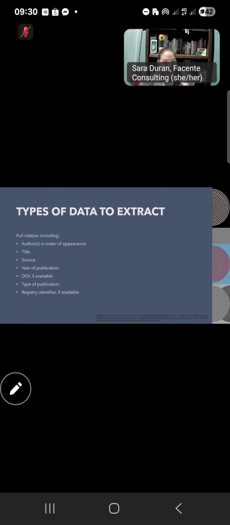Okay, so we then need to think through, what do we actually extract from the studies? Obviously, you'll want to extract the full citation. This includes the authors in order of appearance, the title, the source, the year of publication, DOI, the type of publication, and a registry identifier if that's applicable. But there are a whole host of other things that are included in every article, every report on a study. And so we're going to go through the different headers and